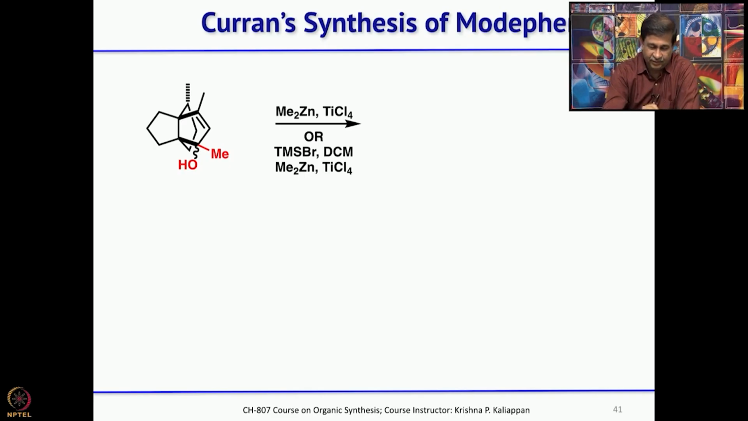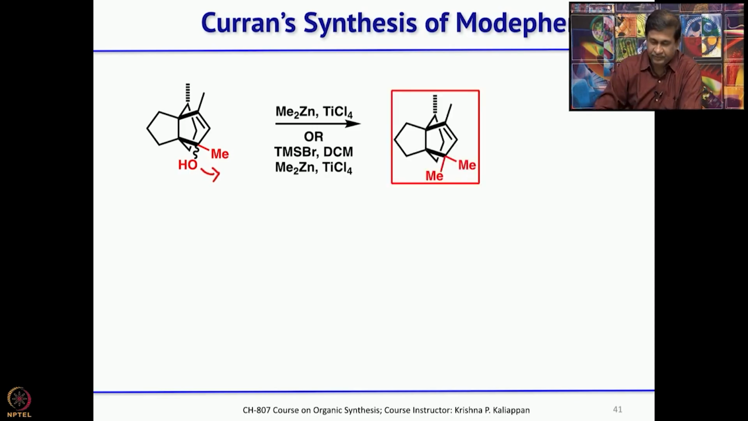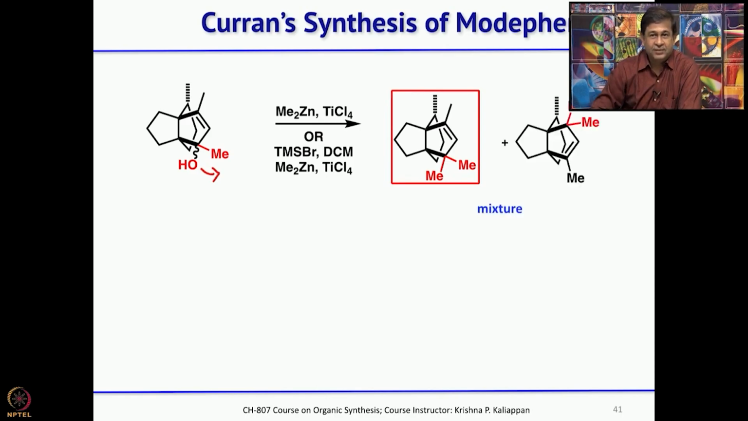So basically, the Lewis acid will coordinate with OH to make it as a good leaving group, and dimethyl zinc will deliver the methyl group. One can also do the same thing by treating with dimethyl zinc titanium chloride in the presence of TMS bromide. So effectively what you are doing is you are converting the tertiary alcohol into quaternary. So this is what was the expected product, but what he got was another product that can be